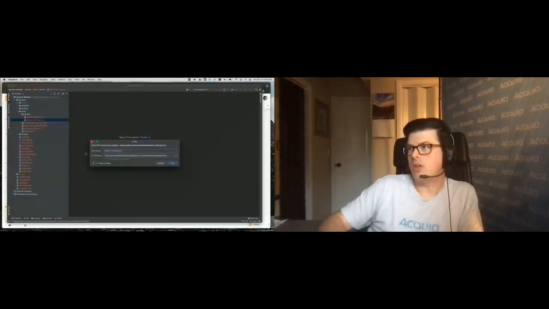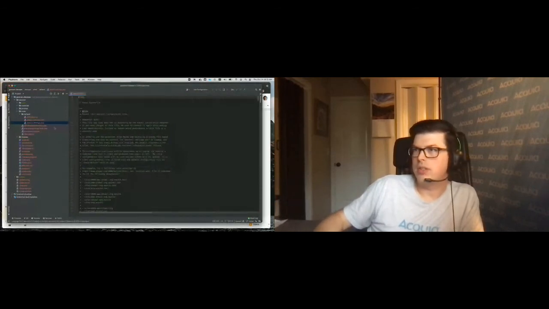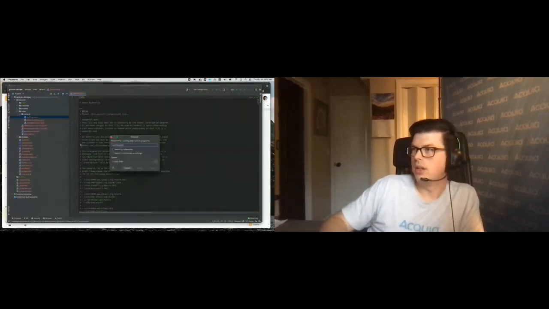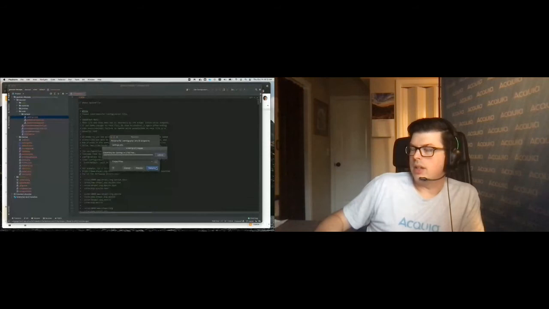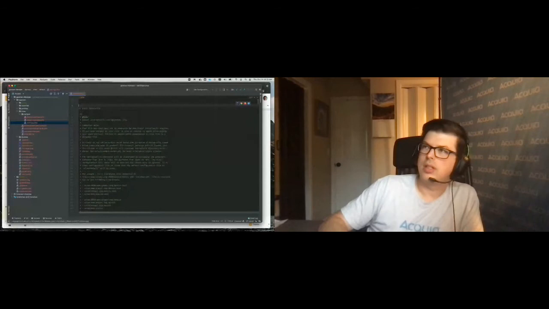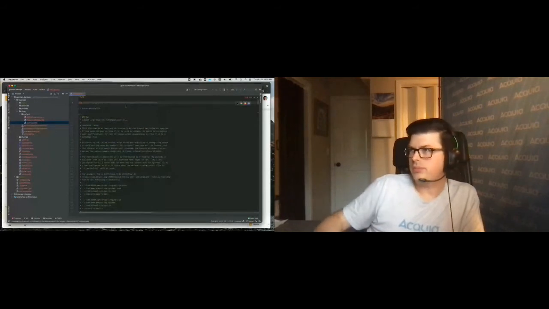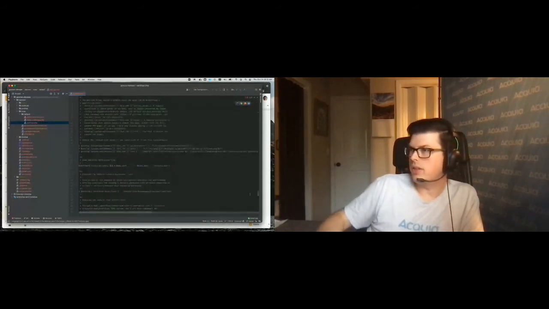So we're just going to make a quick copy here of the settings.php file. It would help if I spelled it correctly. And this is where we're going to go ahead and use that Aqua environment detector library that I added. So we're just going to use Aqua Drupal environment detector. And then all the way down here at the bottom,